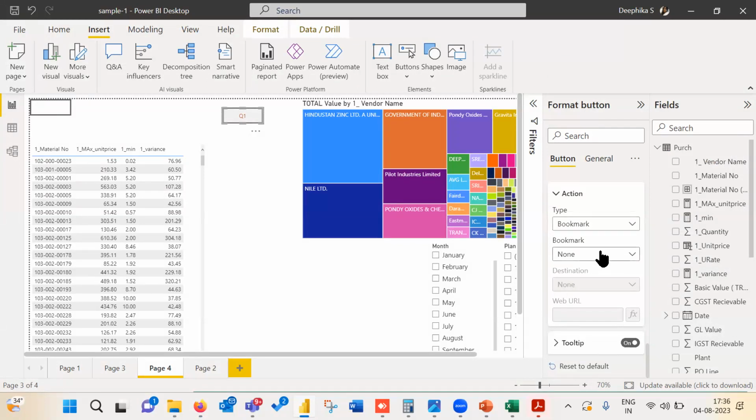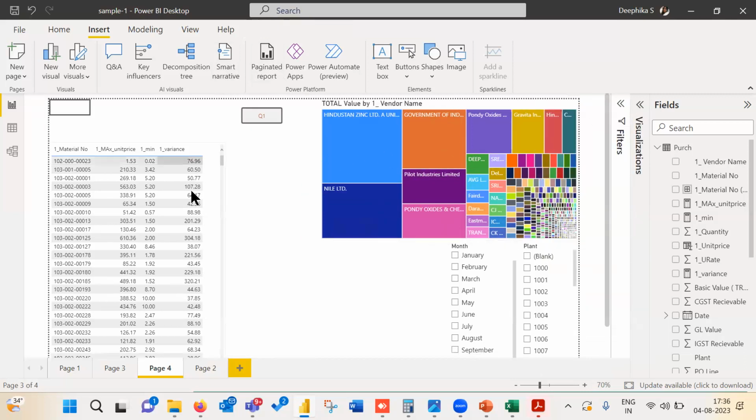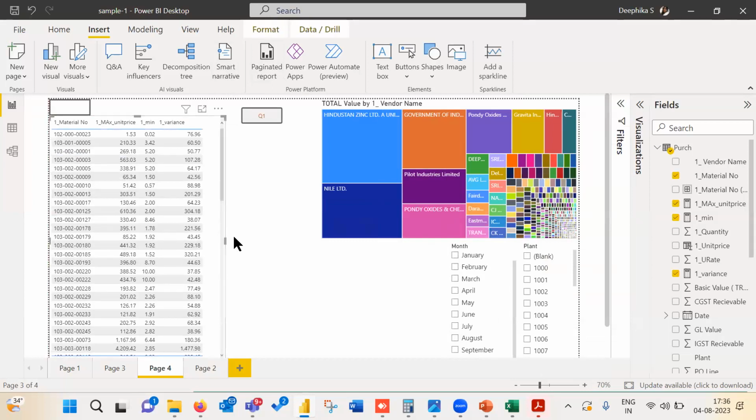If you want it to go to any other website, you can give that. See, bookmark currently it's not there, so it's not showing. So I'll show you what a bookmark is, and then we'll come back to the button so that we'll be able to do it better. Okay, so like this, I can create multiple charts, multiple filter parameters.